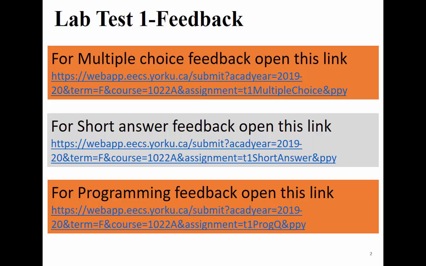We're going to start today by, I believe last week I sent an announcement on the Moodle. So please make sure you have a valid email address registered in your profile. We graded the multiple choice and you can see the feedback. The feedback is designed so you can see your response to each multiple choice question, and whether it is correct or incorrect. Each multiple choice question is worth 2 marks.